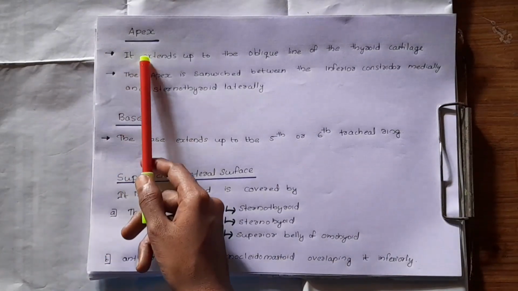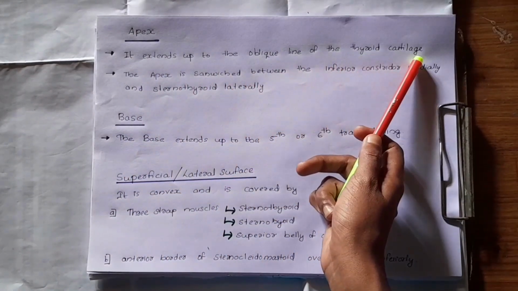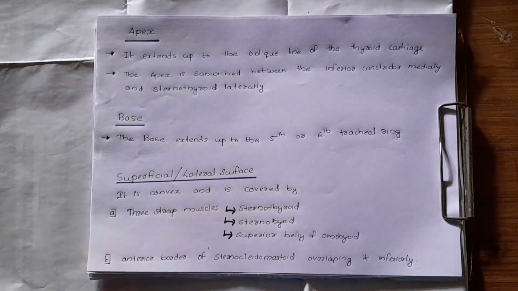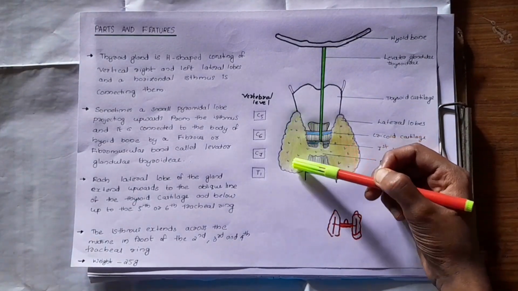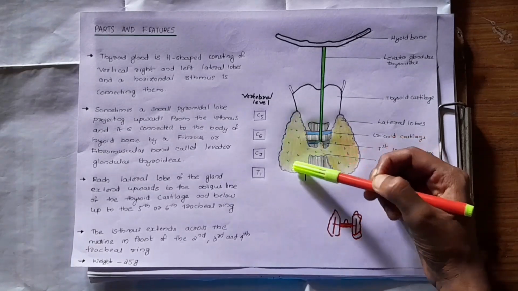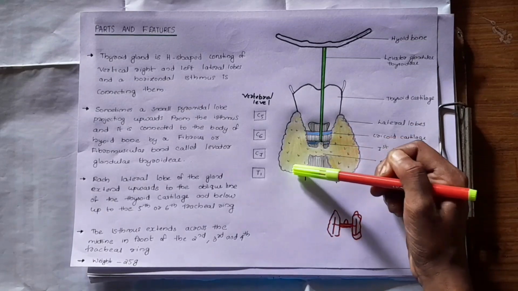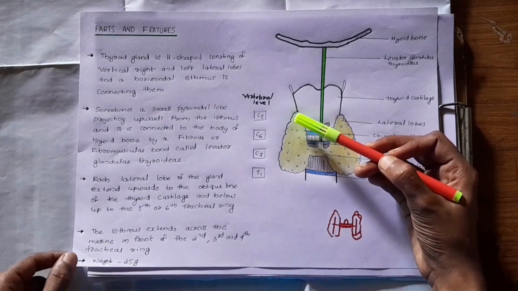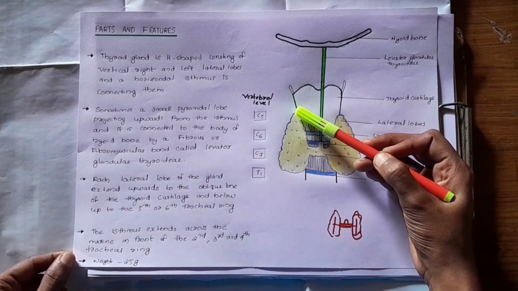First is the apex. Apex extends up to the oblique line of the thyroid cartilage. Okay. You can study it with the help of this diagram. This is the lateral lobe, and this is the apex and this is the base. So the apex extends up to the oblique line of the thyroid cartilage